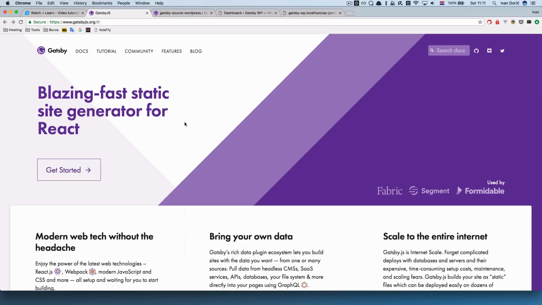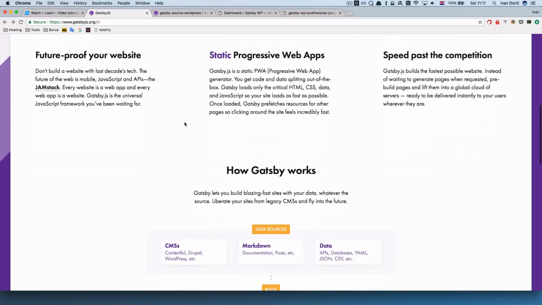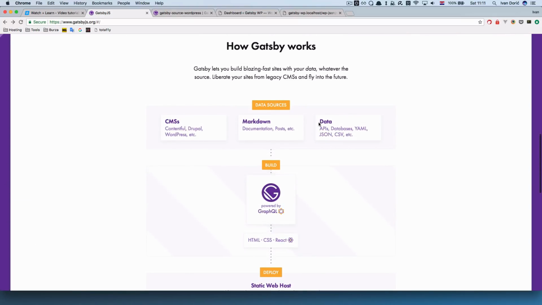Now, static site generators take some data, even dynamic data, and build it up to create only static web pages. So the way Gatsby works, it takes some data from your data source. It can be a CMS like Contentful, Drupal, WordPress, etc. Or from Markdown or from some of your other APIs, data from the APIs, YAML files, JSON files, and so